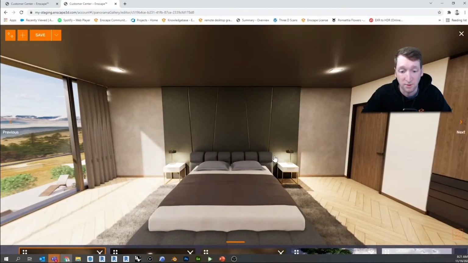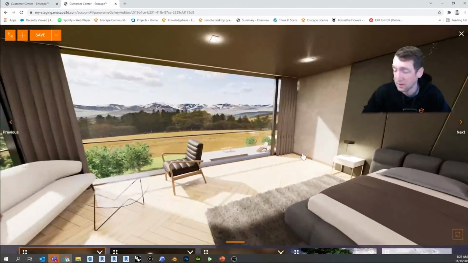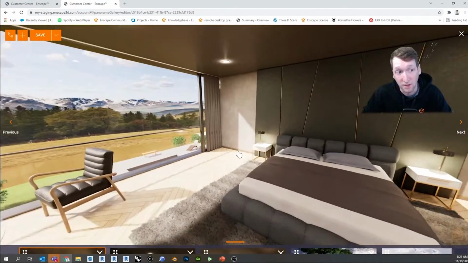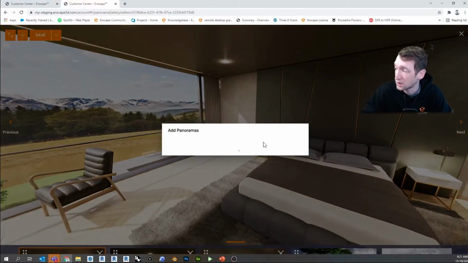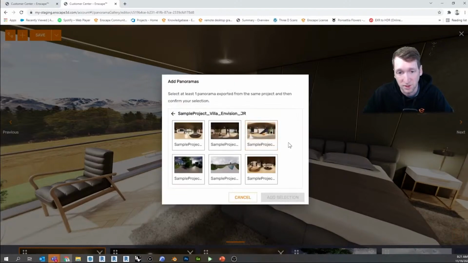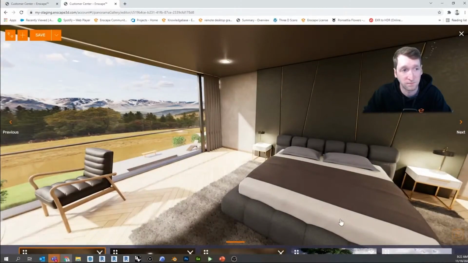All right. And at any time too, if I need to update that, I can make an edit, or I can even add some in there. So I can add a panorama if I need to. So if I generate a new one, I can load that in there. One thing to note is if you redo the panorama, you will just need to add that one inside of here to your tour, and then you can hit add selection, and then you can hit save, and now you can send that to your clients.